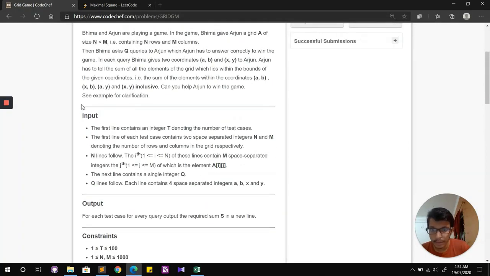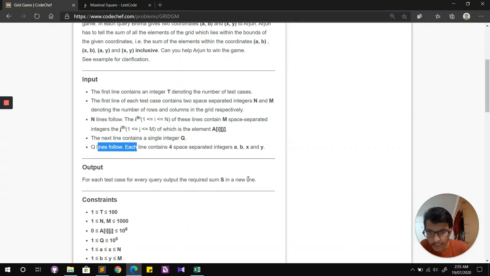The input will be pretty simple. There will be t test cases. In every test case, you will be given the size of the matrix n cross m, and then the matrix follows in standard input. Then you will be given q queries, and in each query there will be four space separated integers a comma b and x comma y. For each query you have to just output the sum in a new line.